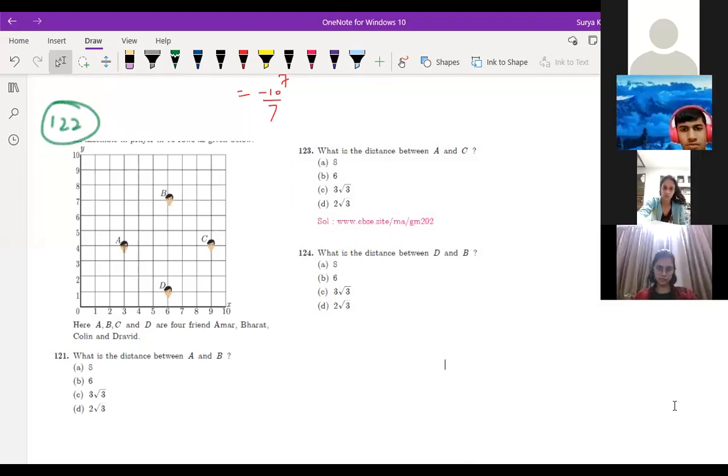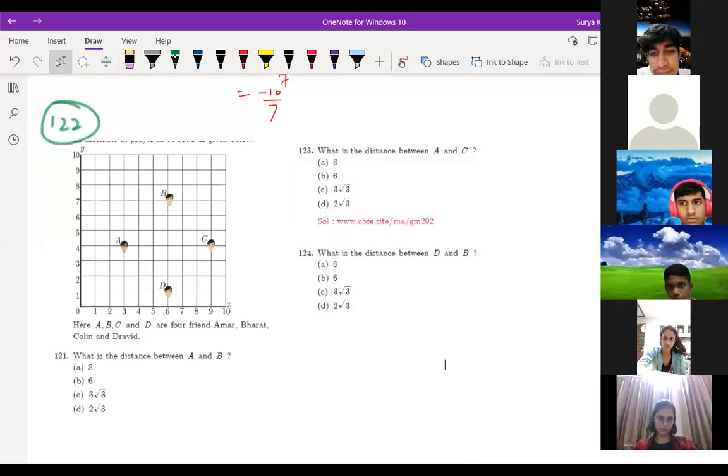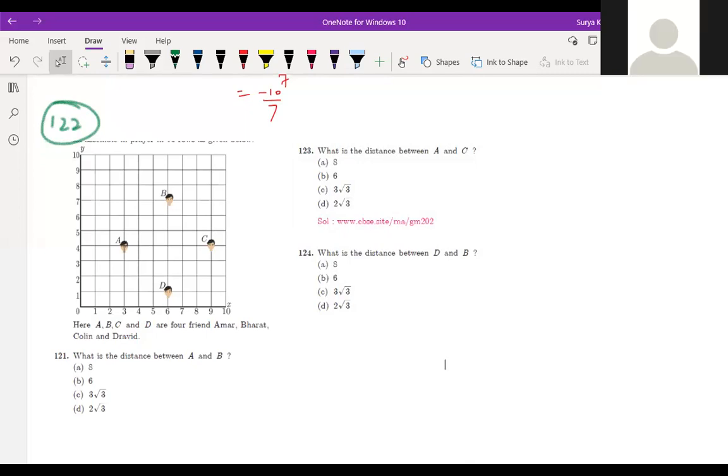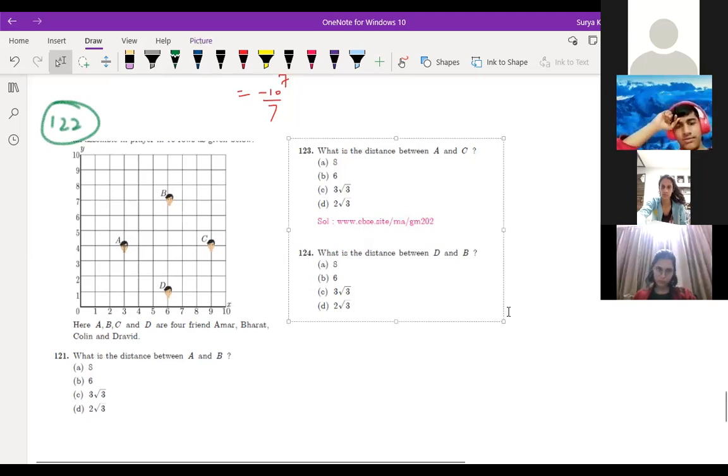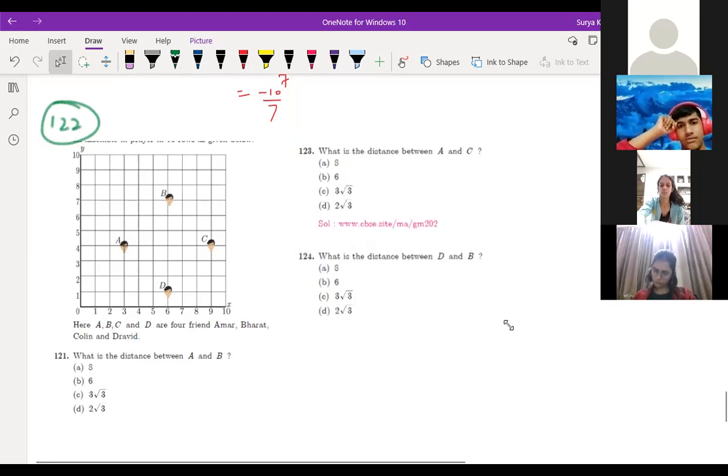Teja is still there or he left the meeting? Sir, he left the meeting. Sir, I have my pre-finals starting from day after tomorrow. Okay, I saw your message. You want any help from my side? Trigonometry, sir. We have done trigonometry for so many days. If particularly any part you are having doubt, just ask me. I'll tell you separately, or you can ask here also if you want.